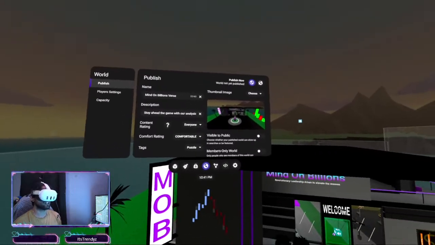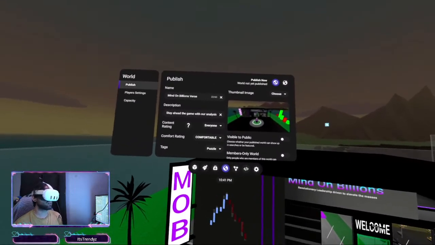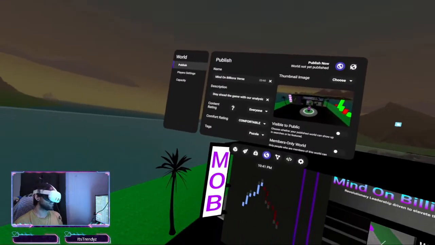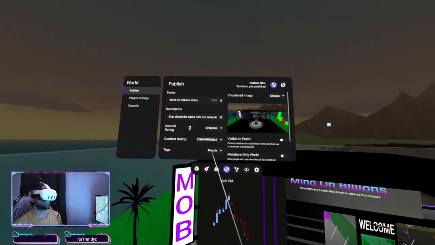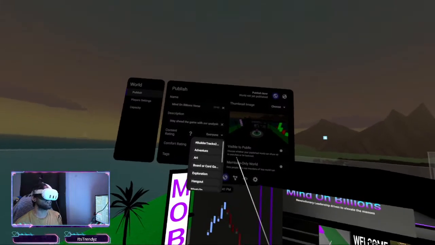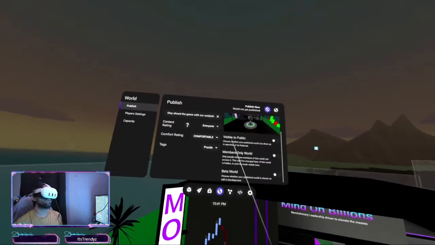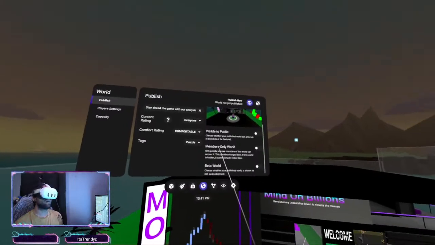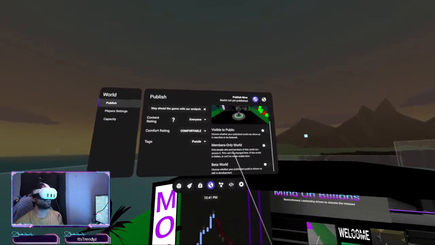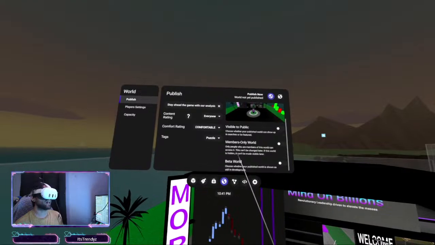That it's letting your players know what to expect before getting into the world. And we have tags where you can tag it to show what kind of game it is. And right over here we have the visible to public. You have the new members only world, so only people who are members of this world can access it, and